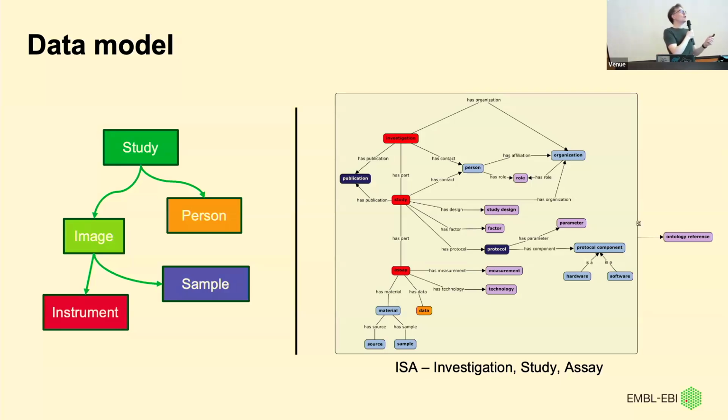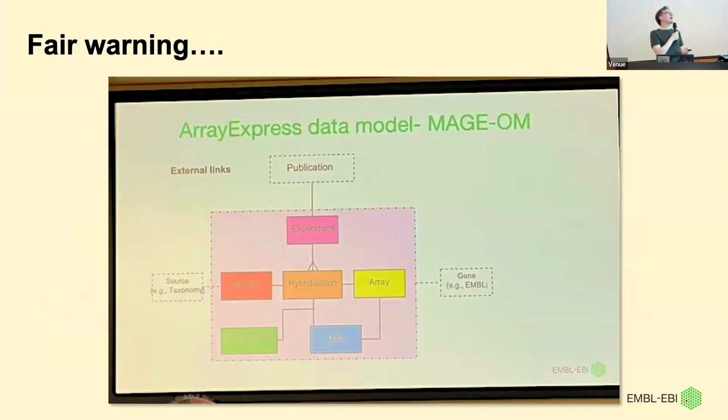And then a note of caution. The reason this is a little bit hard to see is because this is a picture of a capture that one of my colleagues was giving at the retirement event for another colleague, Alvis Brazma, who was really involved in partly setting up the BioImage Archive. But this was going back 20, 25 years to the birth of another data resource called ArrayExpress for gene expression data, when hybridization and arrays were the really exciting thing, and that was the data that everybody wanted to share.